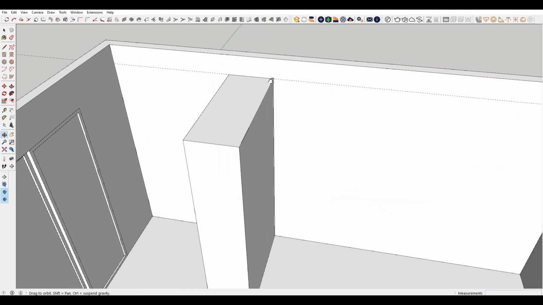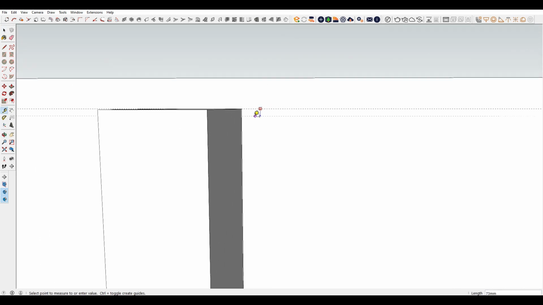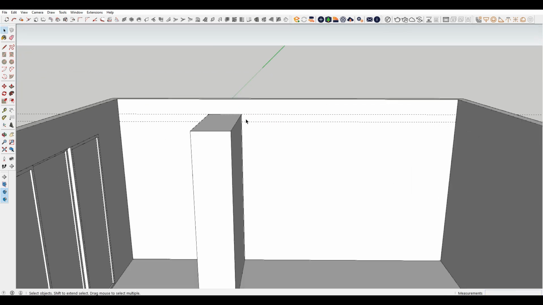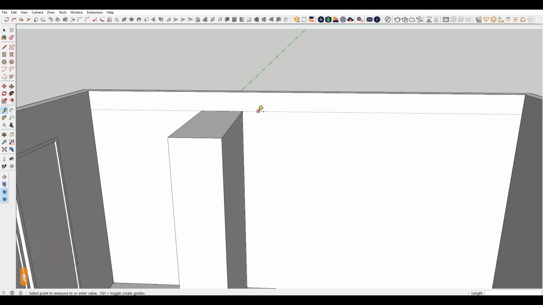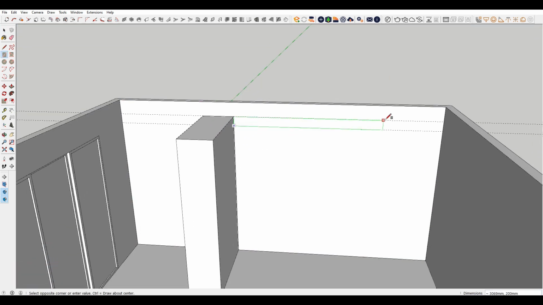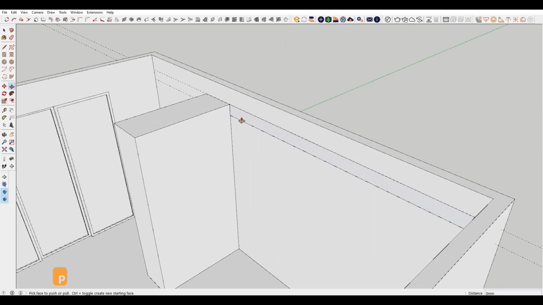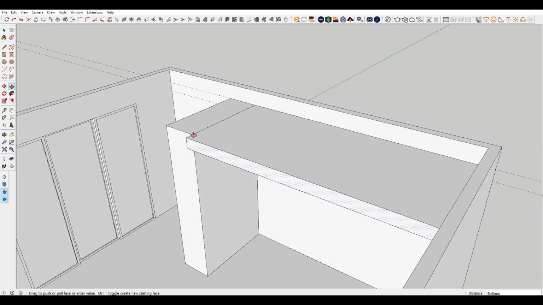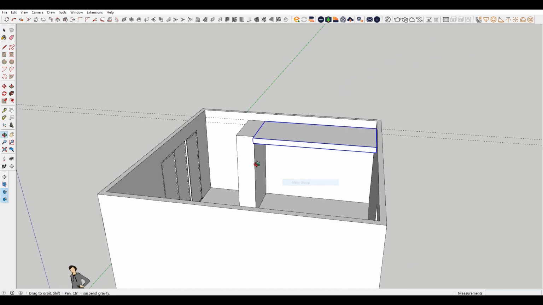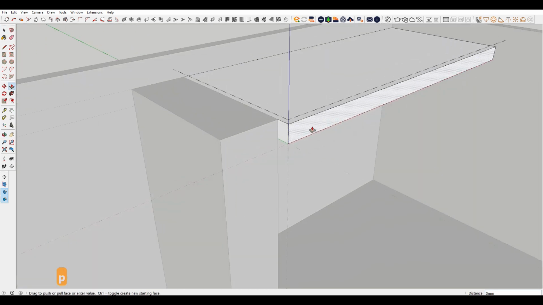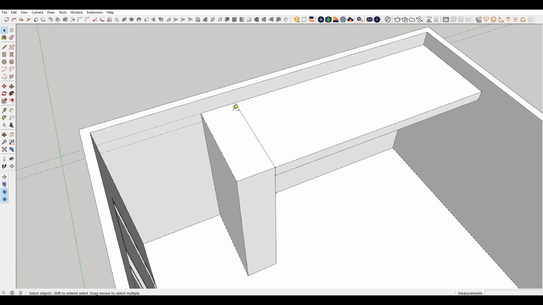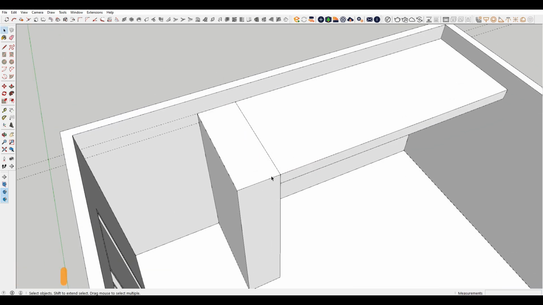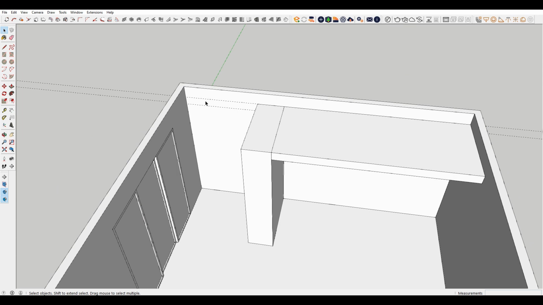Now from here we will create a 150 mm thick, yeah, or around 200 mm thick box or cuboid like this. Here this is 1700 mm. Okay,